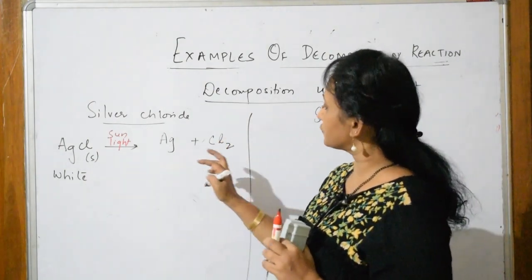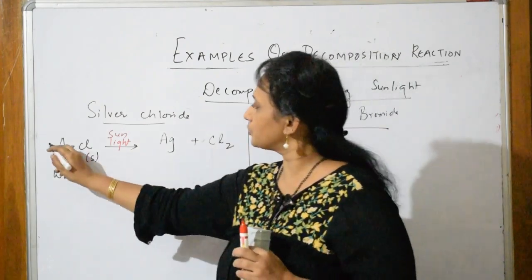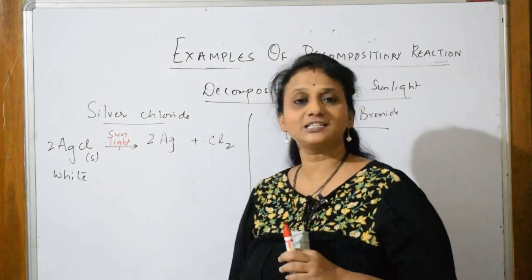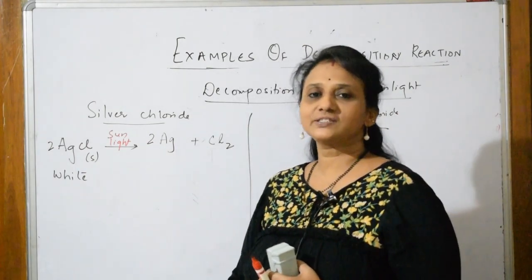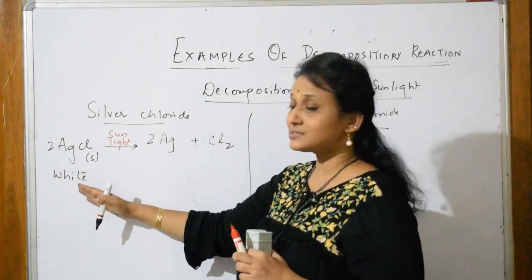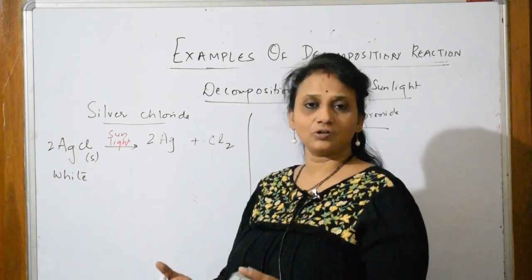Now the silver which is formed here, chlorine is 2. So I'll put 2 here because now silver has become 2. I'll also put 2 here. We have already studied the balancing of reactions, isn't it? Right. Now what is happening when you are taking the silver chloride and exposing it to